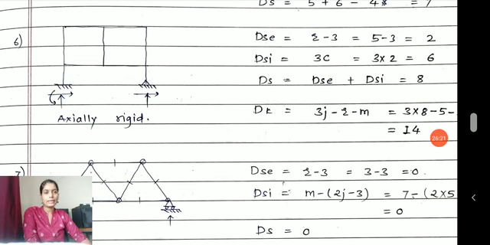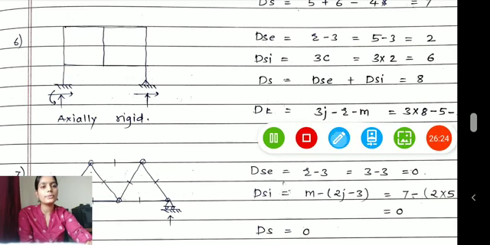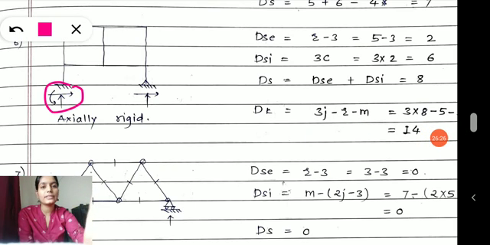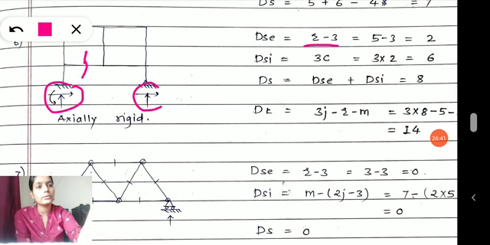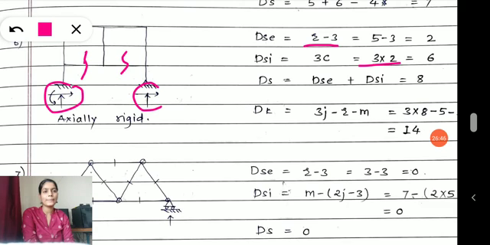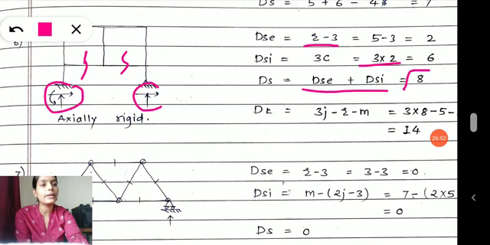Again we have a frame. For this frame, support reactions are 3 at fixed end, 2 at hinges. DSE will be r minus 3, giving the value 5 minus 3 equals to 2, right? Then DSI, it will be number of cuts required. So how many cuts? 2 are required. Therefore my structure will become open configuration, leading to DSI value equals to 6. Add this, and DS value will be 8.